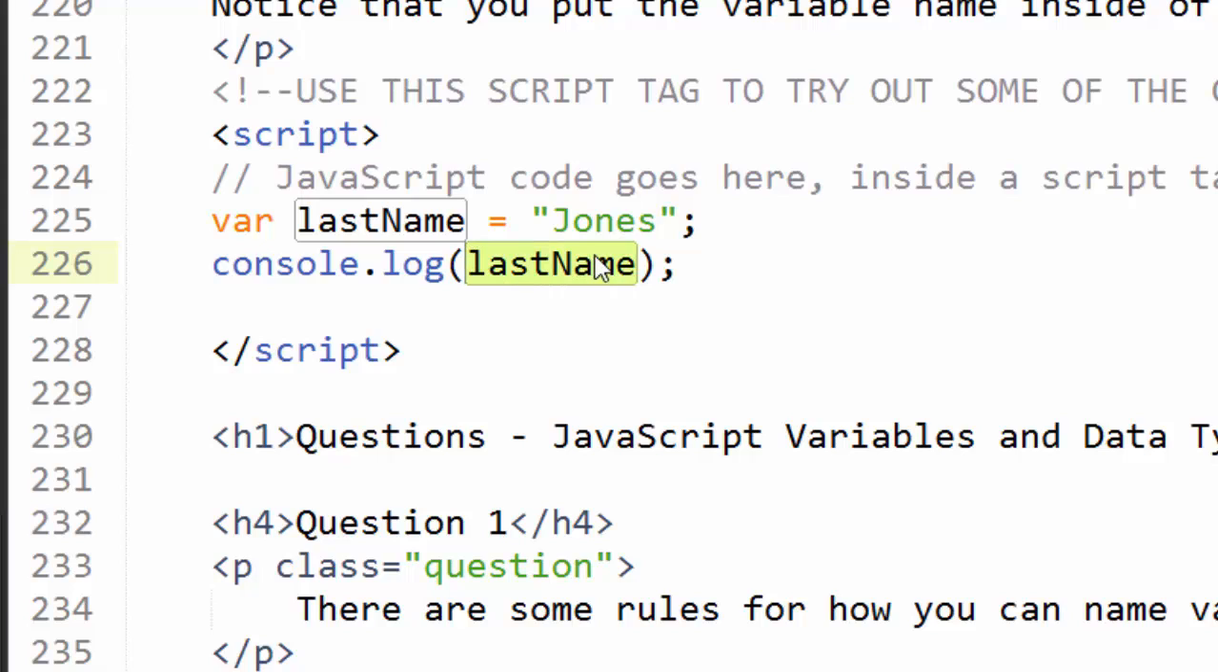I'm going to ask you to do this a lot in our coding problems. I'm going to ask you to log something, and when I ask you to log something, what I want you to do is write console.log, and then inside the parentheses put whatever it is that I ask you to log. So in this case, if I said log last name, I would want you to type in this here. So let's see what that does. What it does is it